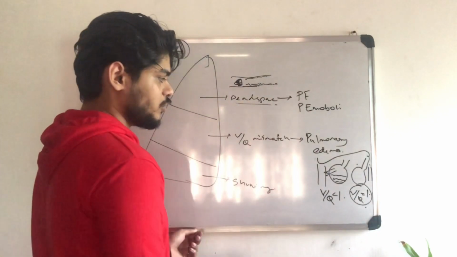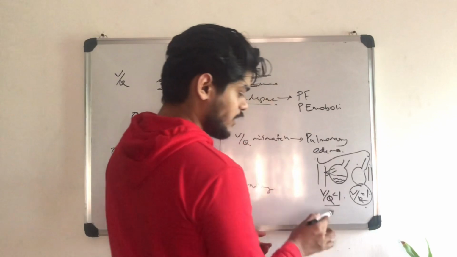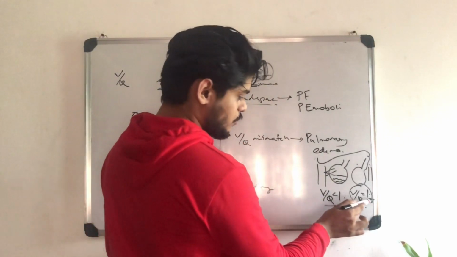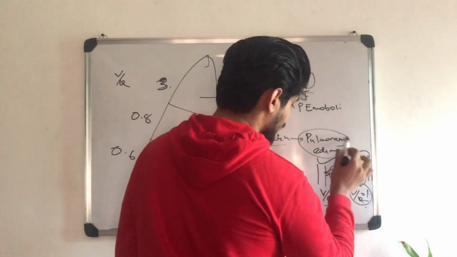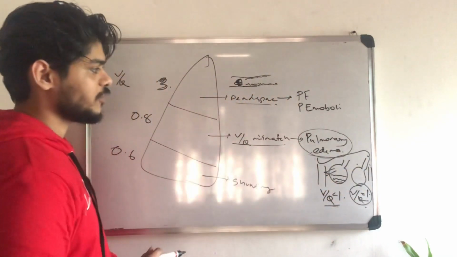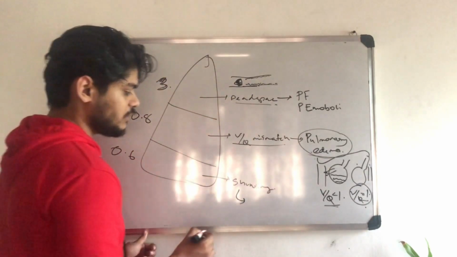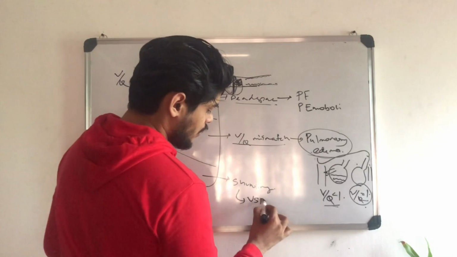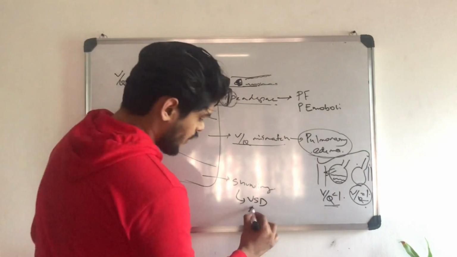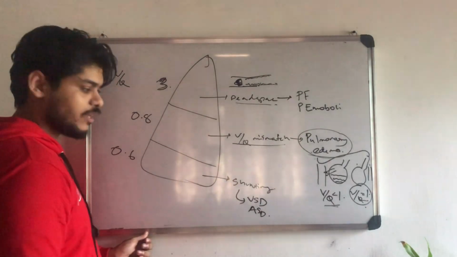Understand? So this will cause what? V by Q mismatch. Here it is less than 1, here it is 1. So that's why it is causing V by Q mismatch. Pulmonary edema causes V by Q mismatch. And shunting, we said in shunting there is pure shunt which is caused by ventricular septal defect, atrial septal defect. Those causes shunting. And also,